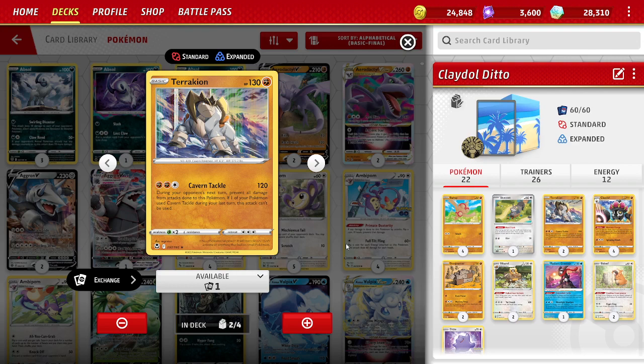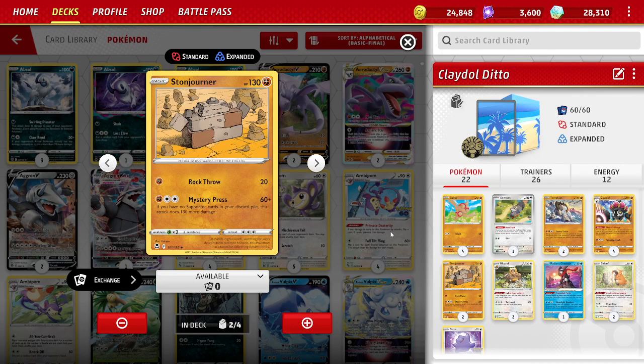That's great, but then you can't use Cavern Tackle again, which is why we want the Ditto, because if we attack with Ditto, then we can keep that in the active. It doesn't get knocked out. We don't even have to worry about switching, and we can copy the attack of another Basic Pokemon, which the one we want to use then is Stonjourner, also 130 HP, does Rock Throw for 20,